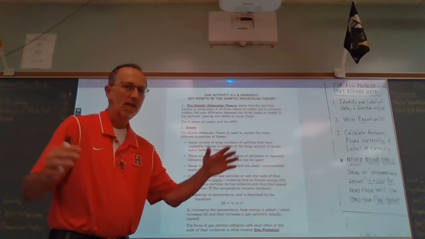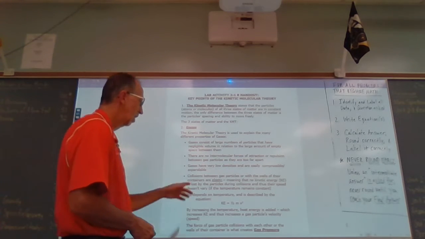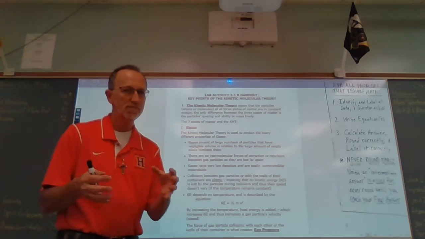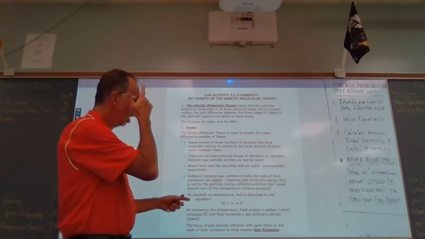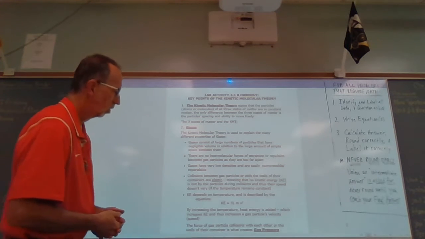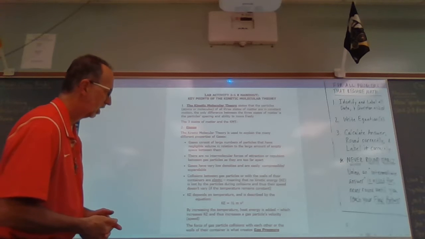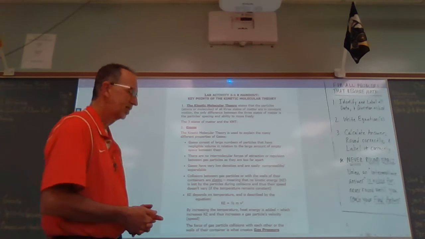Small mass and a big volume of space between them means small density, okay? They're easily compressed. With a lot of space between them, you can push them together a lot easier, or they're expandable. Collisions between gas particles, or with the walls of their container or with other objects within the container, are elastic, meaning that no kinetic energy is lost by the particles during their collision, and thus their speed doesn't